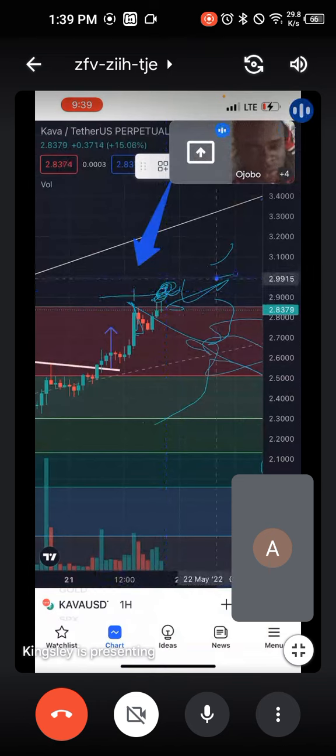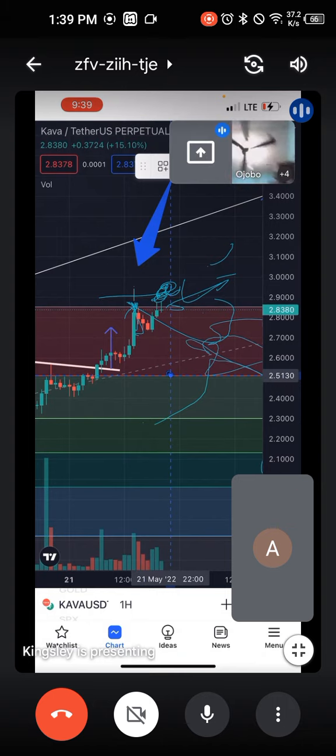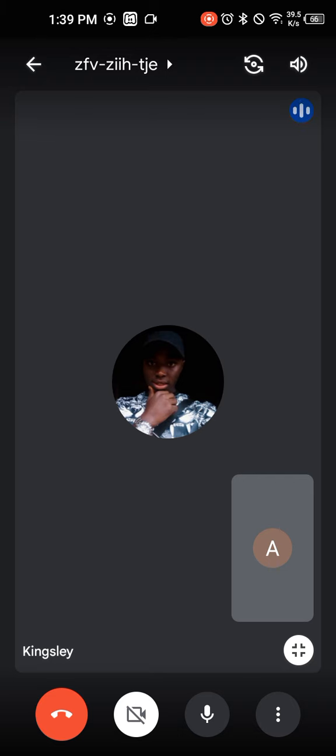So don't forget that you are using Fibonacci retracement to find possible support and resistance. In this case now it's resistance. So we are not permitted to break above this place. If you break above it, that means we are going to pump very well. And why I called out that trade is because once we face rejection here, we are likely going to retrace back. You can even use it to trade this. Like now, if we face rejection here, we are likely going to come down and retest this level. So if you are coming down, look at where we are going to. If we hit this place, we have support here.